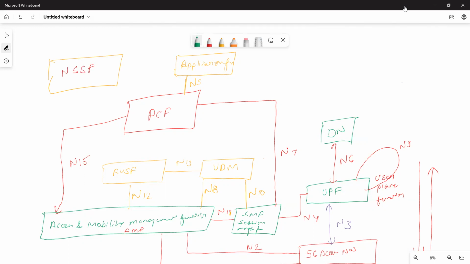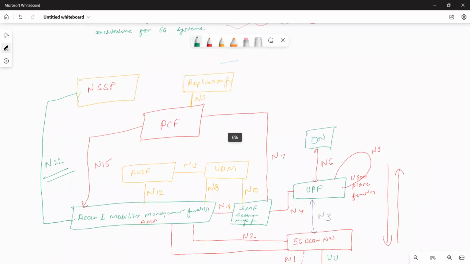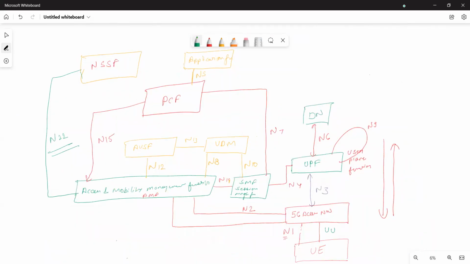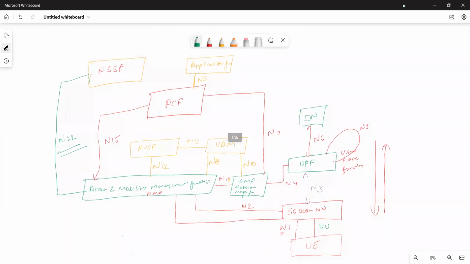So NSSF is the network slice selection function, right? And this is connected to your AMF via the N22 interface. So if I show you the whole diagram on the screen, this is how it looks. I know this is a bit of a rough diagram. If you want, you can refer to the specifications or 5G in bullets for better understanding. Just to clarify here, this N9 interface is your inter UPF interface,